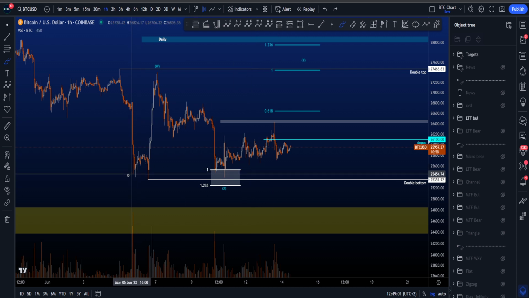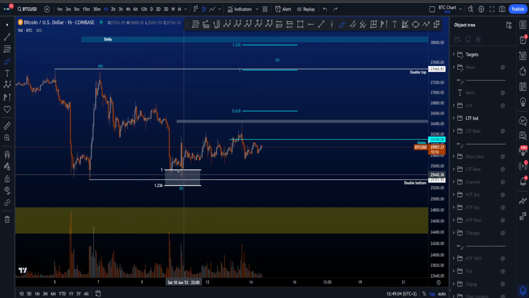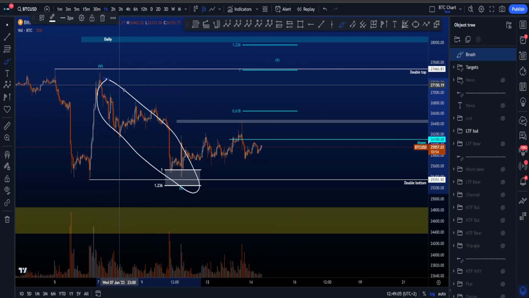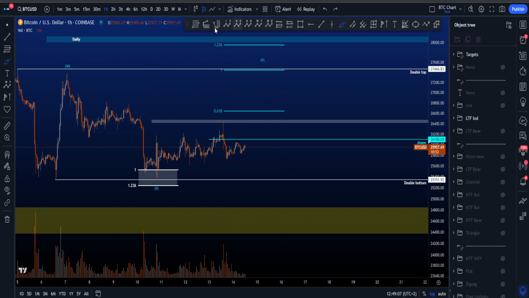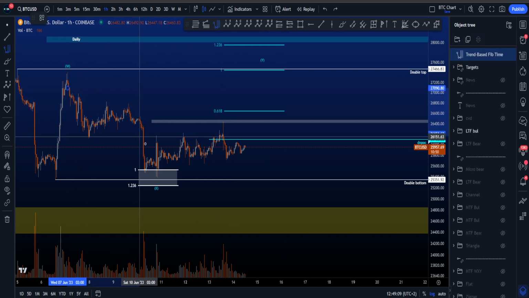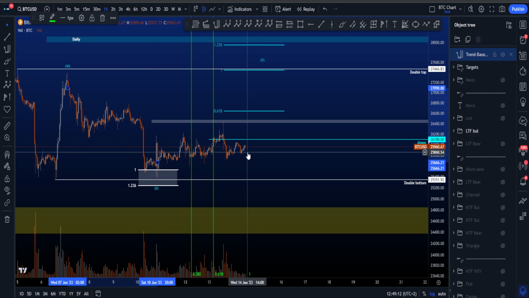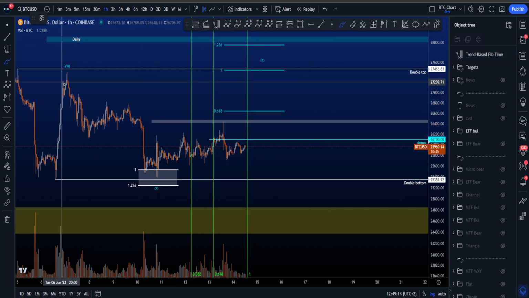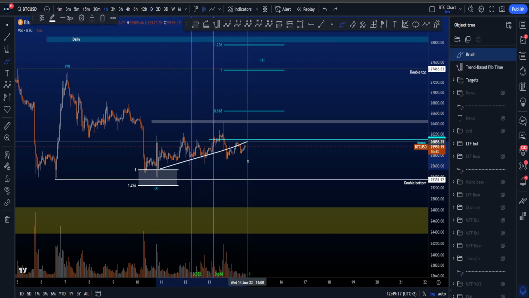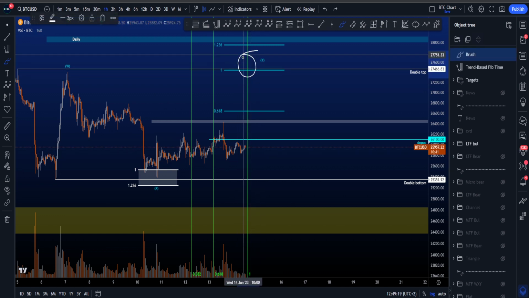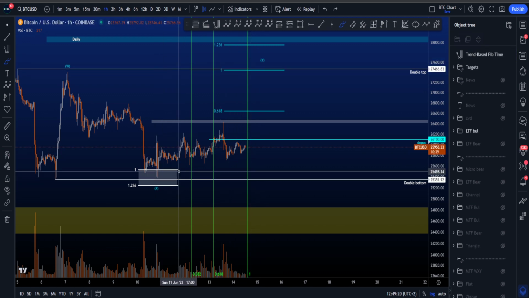Now, if we look, however, at this range locally, then this starts to take quite a lot of time. So this wave W was very short in time, okay? Then we have wave X. Wave X was relatively long in time, and this wave Y is starting to get the same length in time as wave X. We are just in front of the 1-to-1, comparing wave X in time with wave Y in time. So wave Y is almost the same length already as wave X, and that makes me doubt a little bit